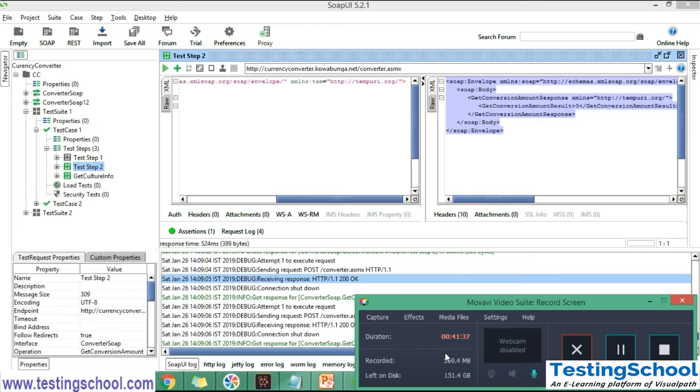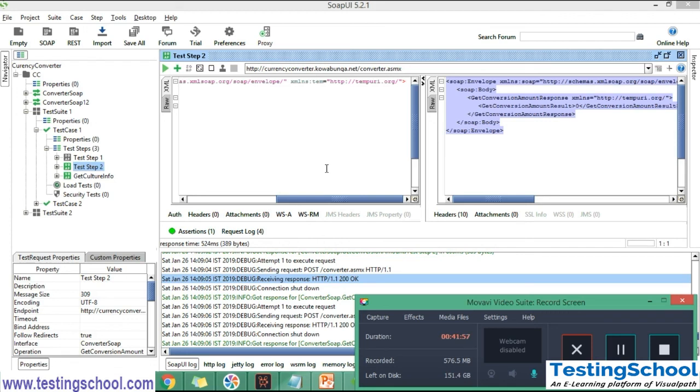Basics we have seen. In the coming session we can see different types of assertions, and create multiple requests, and run multiple requests based on the requirements. We can use currency converter, and one more free WSDL, a weather WSDL, is available on Google.